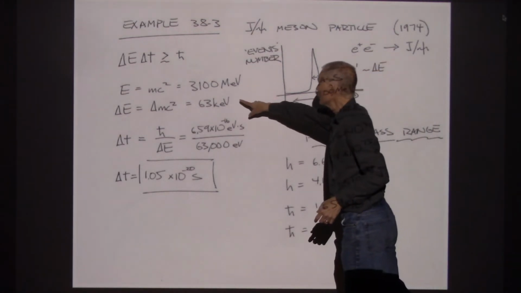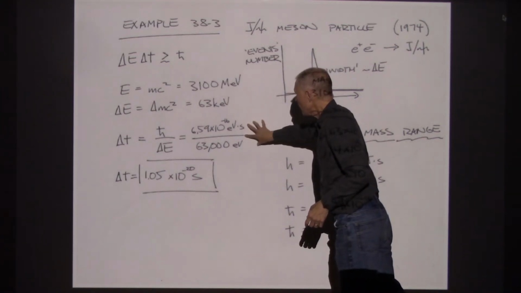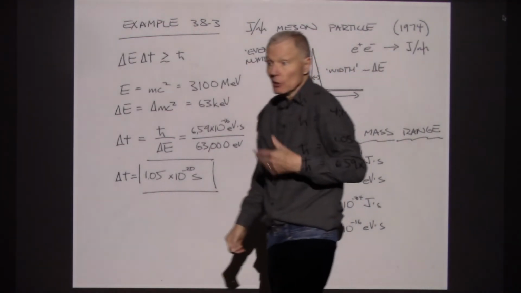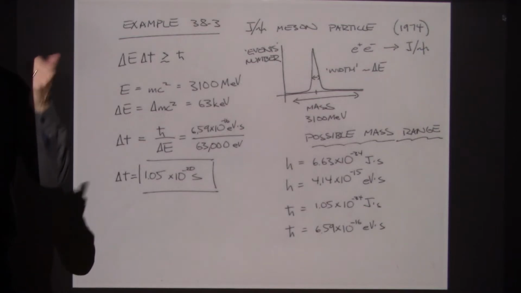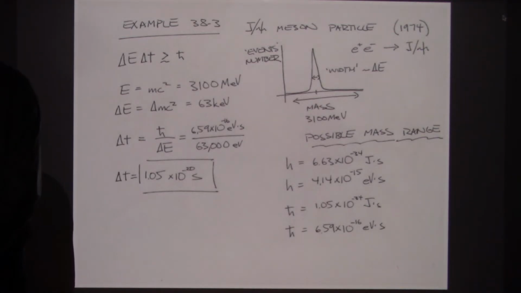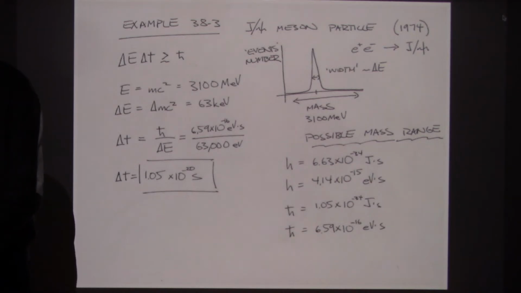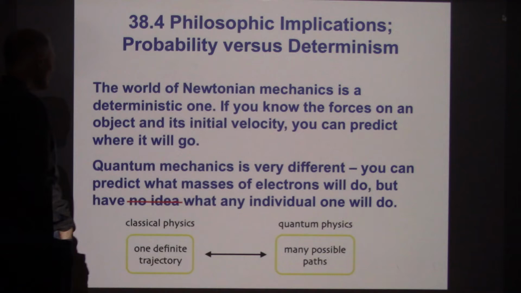Delta E was measured to be 63,000 eV, and so that gives us a lifetime of 10 to the minus 20 seconds. So if you've ever wondered, wow, how do they measure those short lifetimes? This is it. They actually measure the energy width, the mass of the particle, and then use the uncertainty principle. All right, so